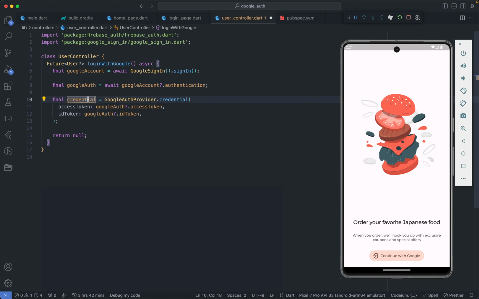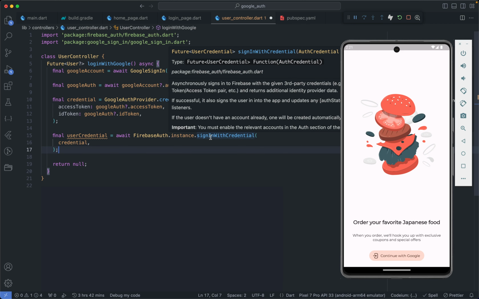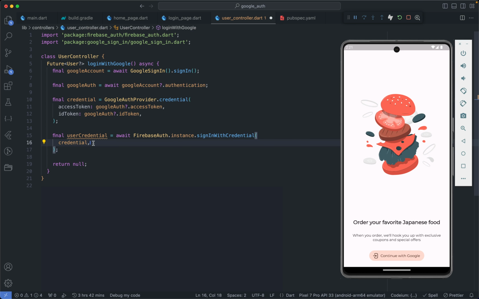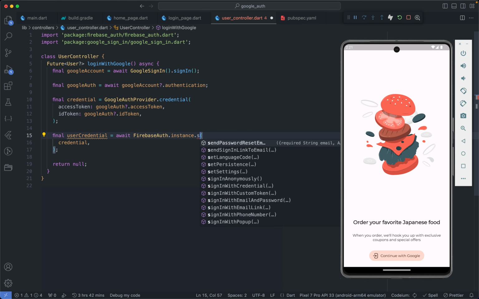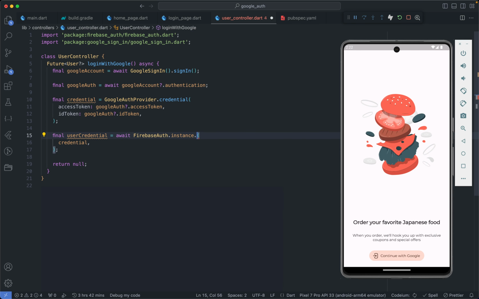So we have this credential, and now we can finally sign in the user with Firebase, so that we can see the user signed in on our Firebase console. So we are going to do await FirebaseAuth.instance dot sign in with credential, and then we pass in our credential. All this while, what we actually wanted to do was this Firebase auth dot sign in with credential. If you look at Firebase auth, we have a lot of sign in methods: sign in anonymously, sign in with email, sign in with phone number, and a lot of other sign in methods, right? But the one we are looking for is sign in with